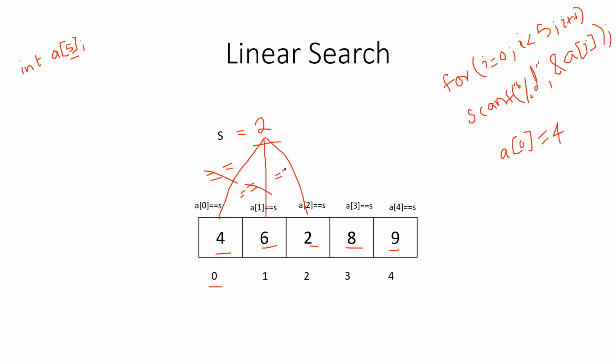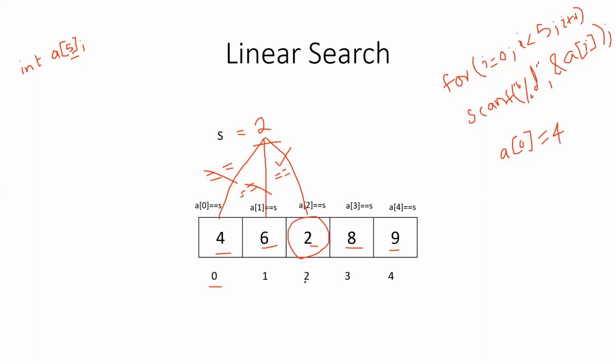Why am I using double equal to? What is the meaning of double equal to? We are comparing two elements. If I put only one equal to, it is assigning the value to a variable, right? So if I am comparing the third element of the array with the search element, you know that it is equal to 2. So what should it return? If I find the element in the array, I should return the position, right? Manually, an end user will know only by its position.